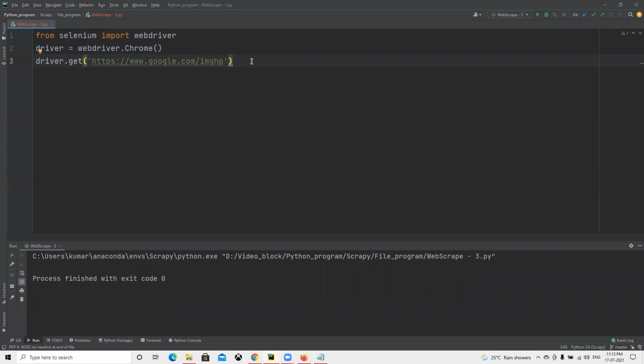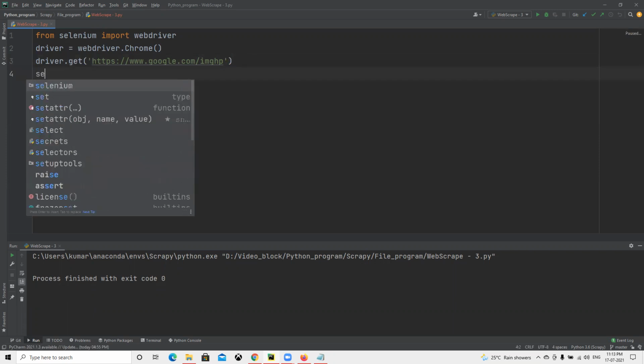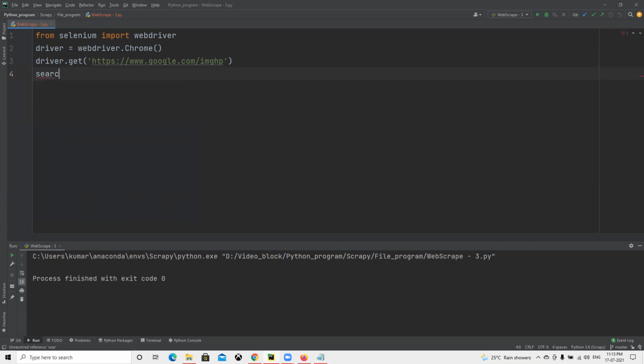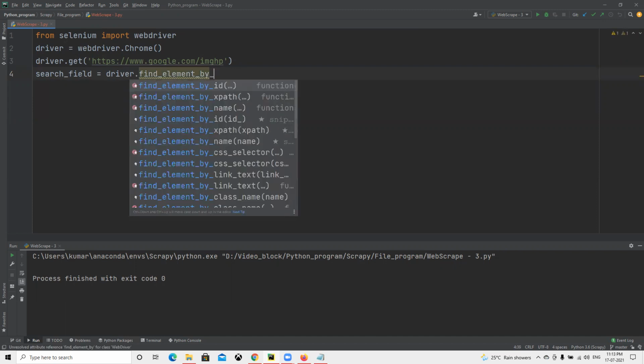Next, we need to pass that field name so that we can put whatever we want to search in that field. So now I will specify a new variable, search field. Then driver dot find element, not by id, find element by XPath. We are going to use By dot XPath.